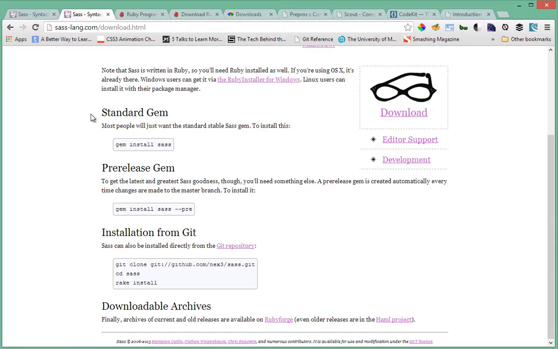Now after you've installed Ruby, you can now install Sass. So when you go to your command line, you should just type gem install sass, and that should install Sass for you. There are other instructions here to install pre-release versions of Sass, but I wouldn't suggest you do that. Okay, so now that you've installed the Sass gem,